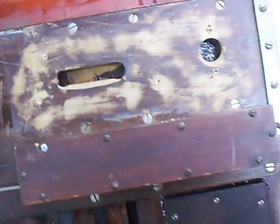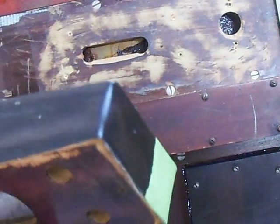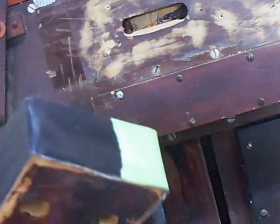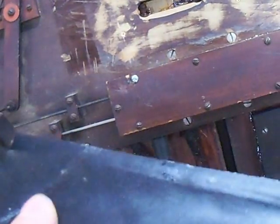Now I'm in the process of reinstalling the control bellow for the motor. I've sealed it, but I didn't have the right rubberized fabric, so temporarily I used some upholstery veneer or imitation leather or whatever. I was able to stick it on there, and I'm in the process of reinstalling it